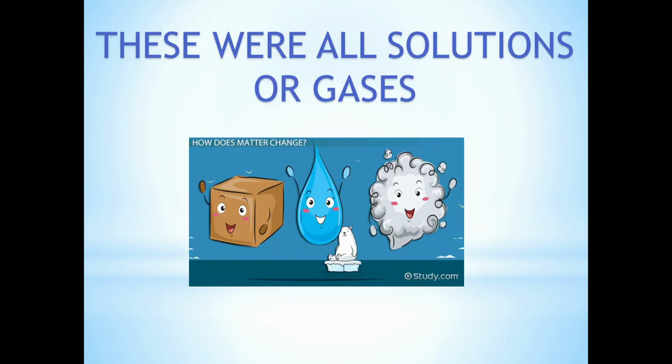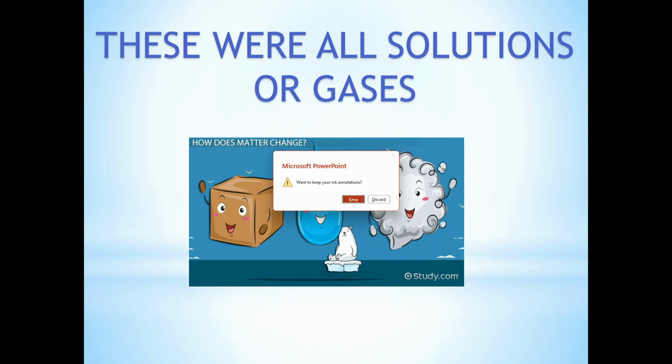Okay, so this says these were all solutions or gases. The answer is actually everything we did was gases. But we can do concentrations of solutions. So we can do a K sub C for a solution. We can do a K sub P for a solution or a gas. No, I guess it's the other way around. Okay, I'm not having a good morning this morning. Have you noticed? K sub P can be done only for gases. K sub C can be done for solutions or gases. But what about